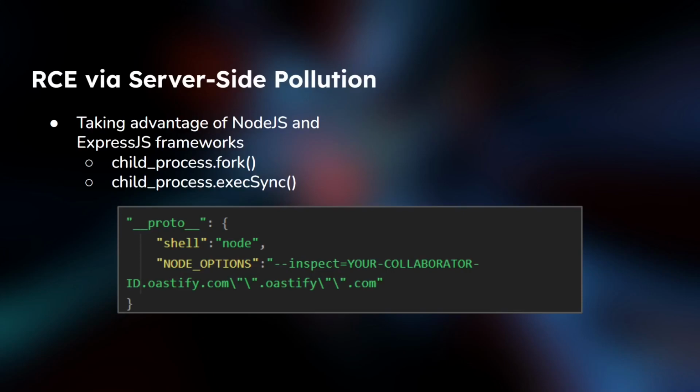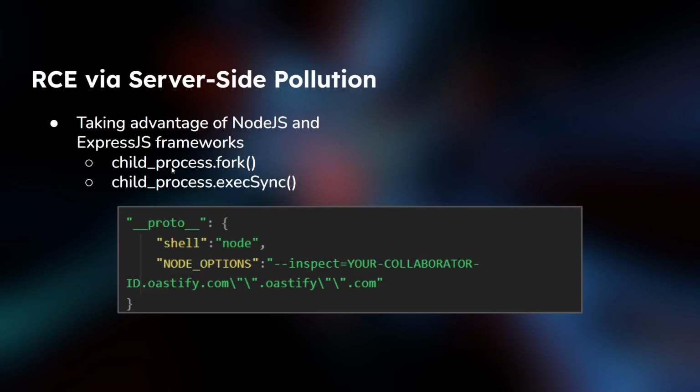Now, if we can pollute the node options property, we could probably trigger an interaction with our collaborator like this. So if we set the shell to be node, and the node options property to point to some domain that we control, then we would basically be able to verify not only that this works, but we're executing code, right? We're triggering web requests here. And